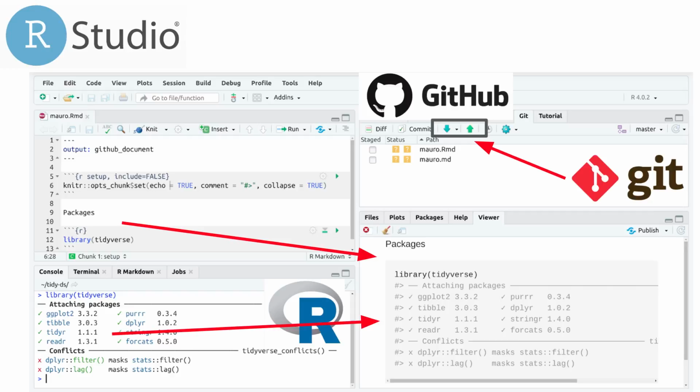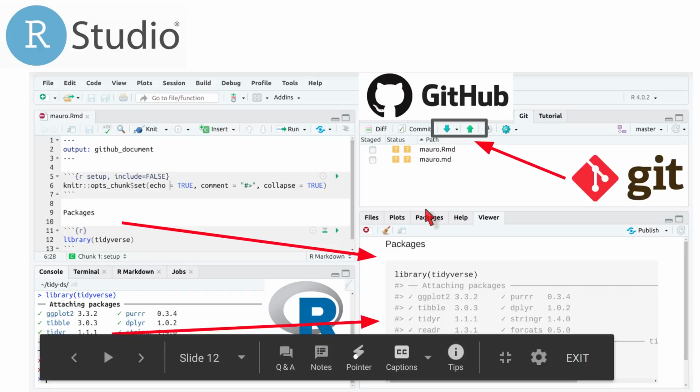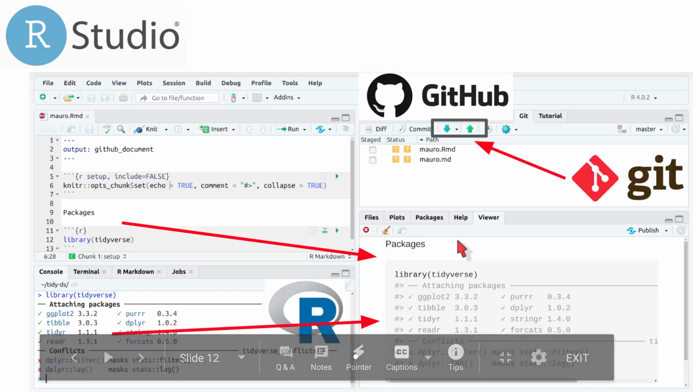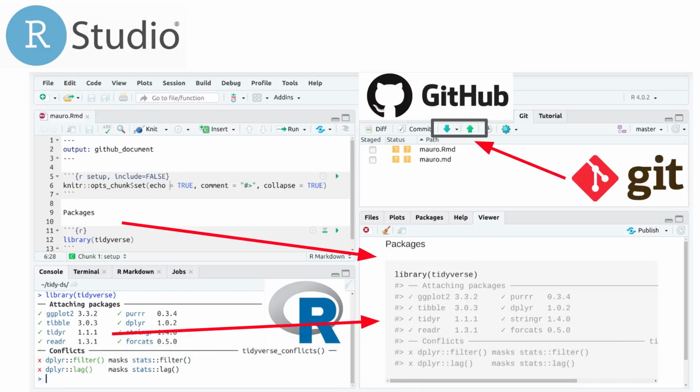So when you say, give me the output format GitHub document, what you get is a file with a format called MD, Markdown, which is the generalization of Rmarkdown. So Rmarkdown is Markdown for R, right? And Markdown is the general way of basically writing plain text in a way that you can express syntax and highlighting and bold and headings. So all those formatting things, you can express them in plain text, as opposed to Word where you would go and click, say, highlight this thing, or make this header 1, or make this bold.